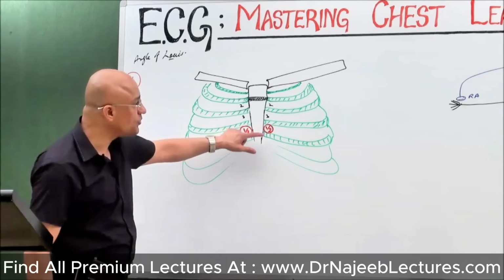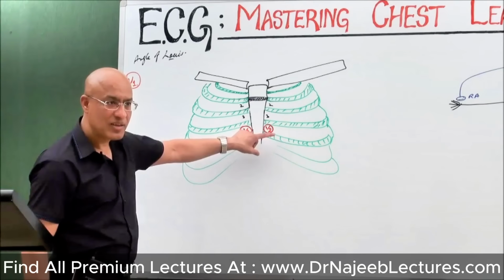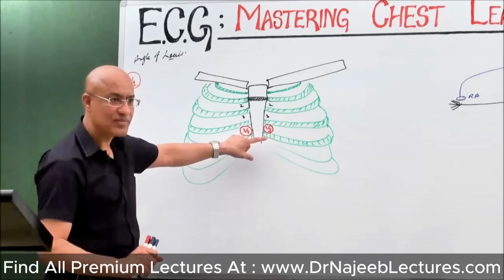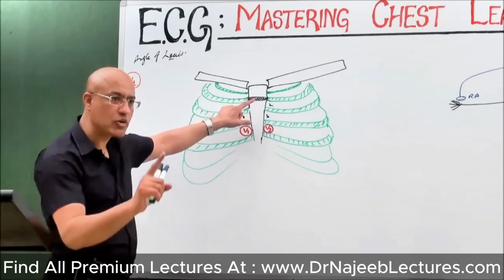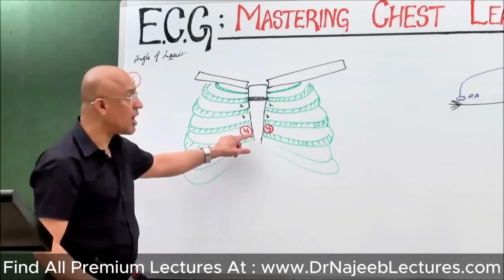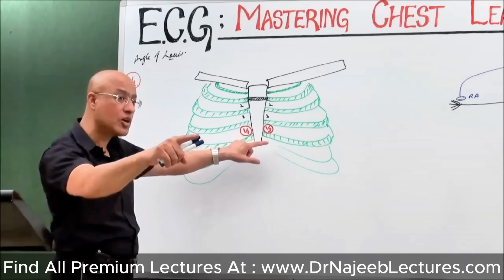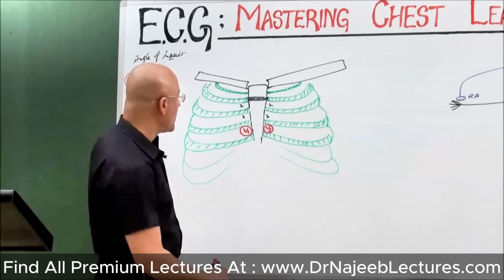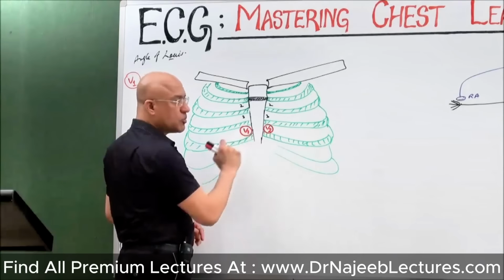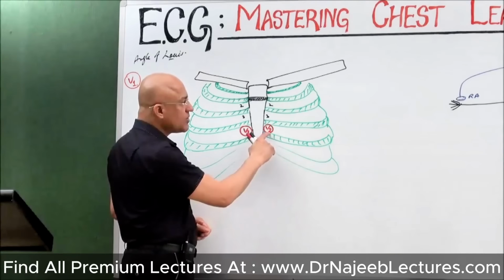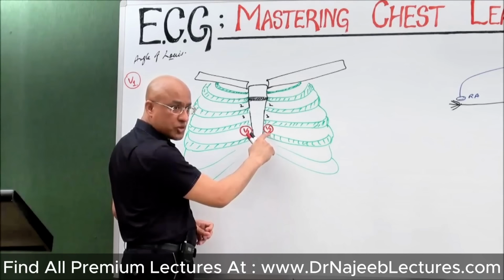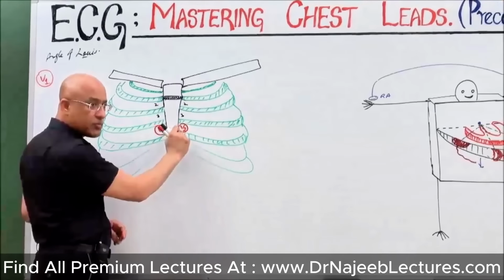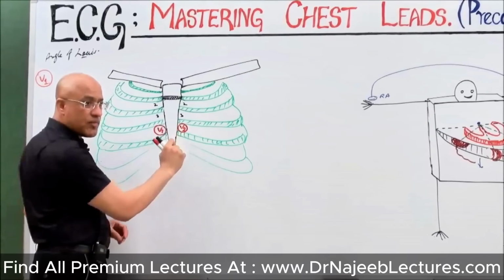But when you move the exploring electrode to a new position, you make a new chest lead while keeping the indifferent electrode the same, but you have changed the position of the exploring electrode. Is that clear? Now this exploring electrode has moved to this position, and this is V2 position, right? This is the specific point where you place the positive electrode to record the V2